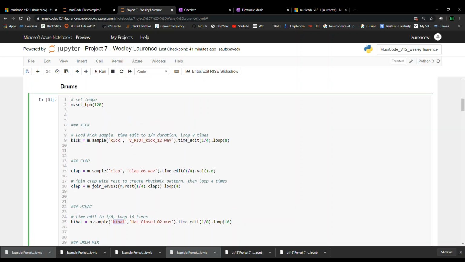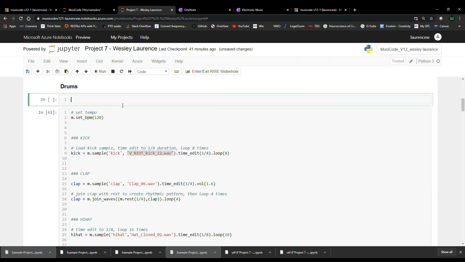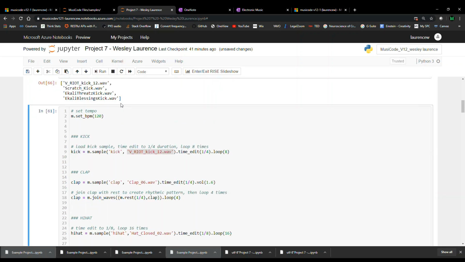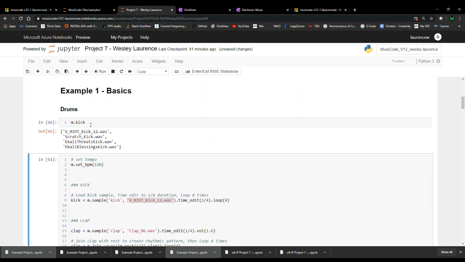And then here we can either pass a file name or we can pass a number. So let me show you the number way first. I'm just going to create a new cell here to demonstrate this. So I'm going to type m.kick. When I run m.kick, this is going to show me all of the kick samples that I have